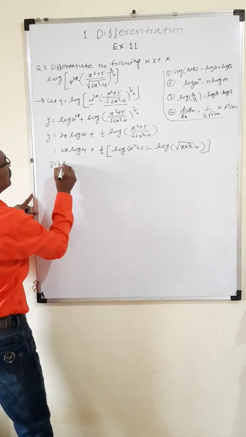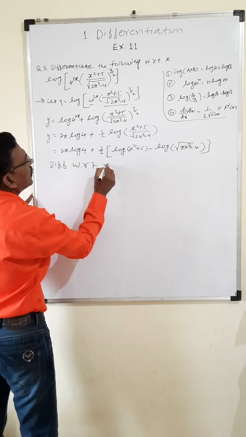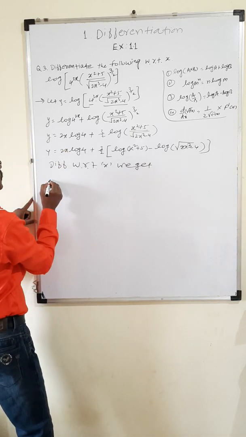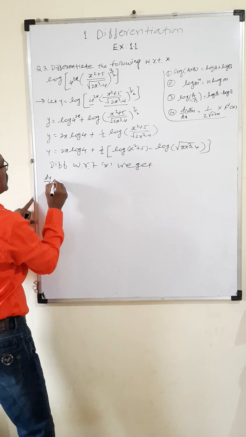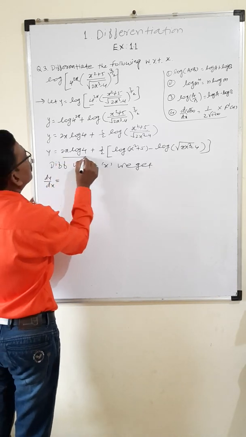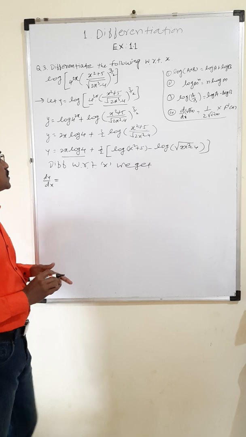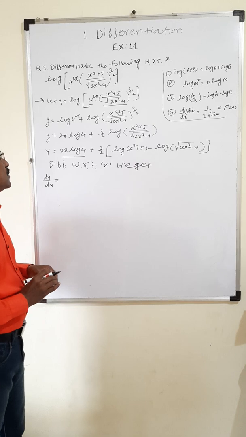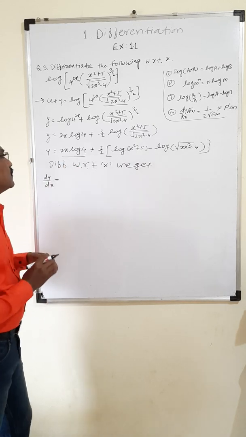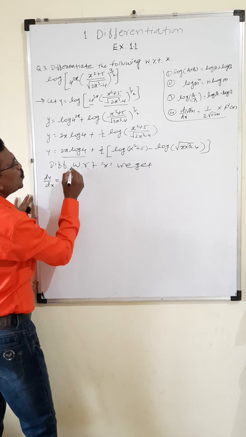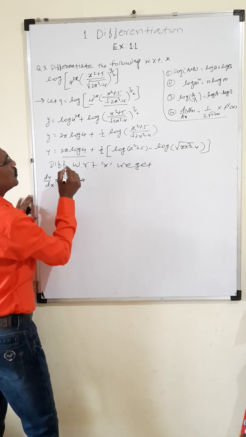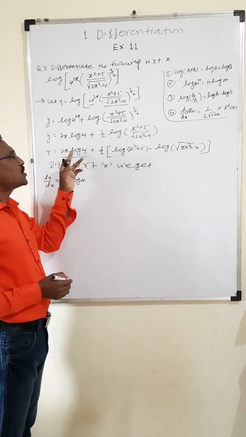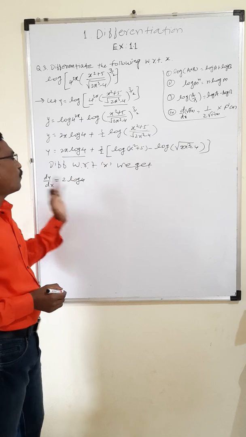Now we take its derivative. So differentiate with respect to x, we get the rate of y with respect to x, dy by dx, is equal to... So here the constant term 2 log 4 is a constant and x is a function, and we take its derivative with respect to x here. That's why here 2 log 4 is the derivative of this 2x log 4. 2 log 4 into x, it is 2 log 4 only.